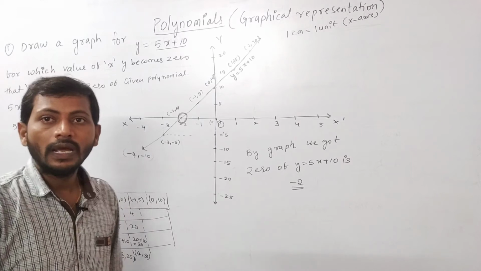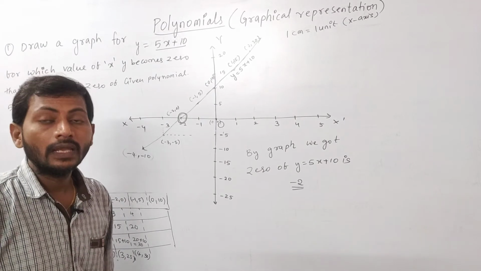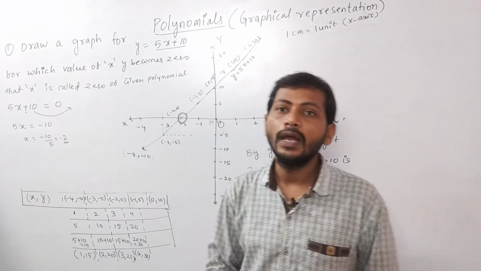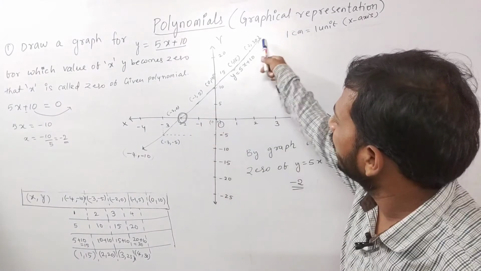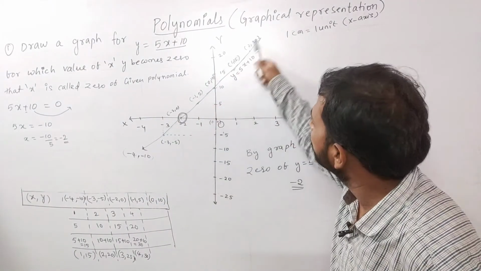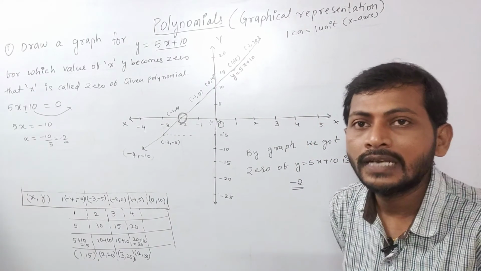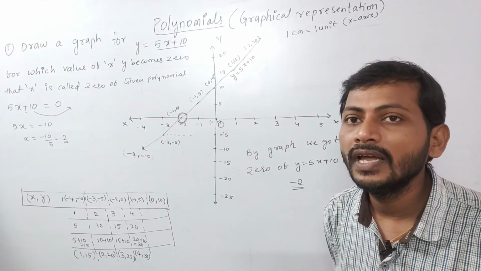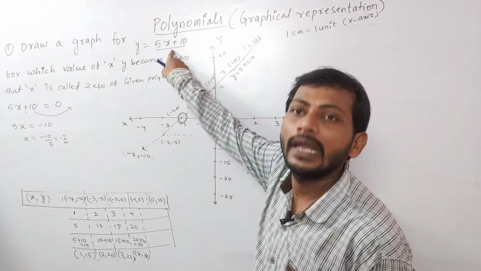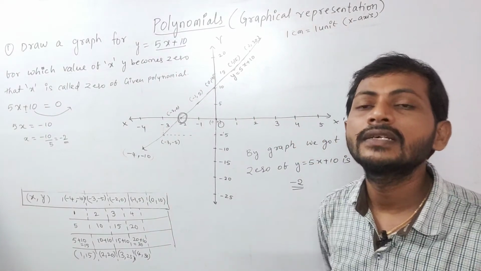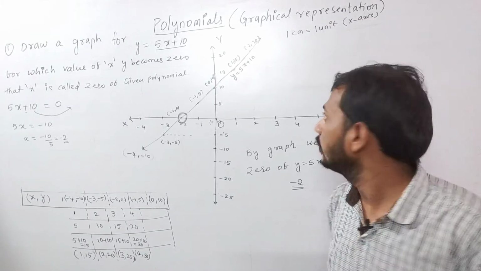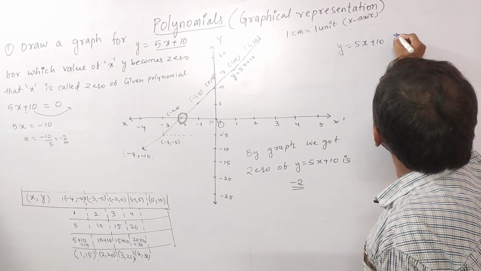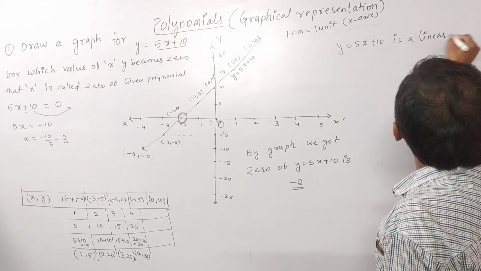So now this is called graphical representation, and a little bit I have to explain here, because for competitive exam purposes also we have to discuss. Seeing this graph, is it a straight line or not? Very good, it is a straight line. That's why I am going to say the given equation represents a straight line, or the given equation is called a linear equation. Then I am going to write here y equal to 5x plus 10 is a linear